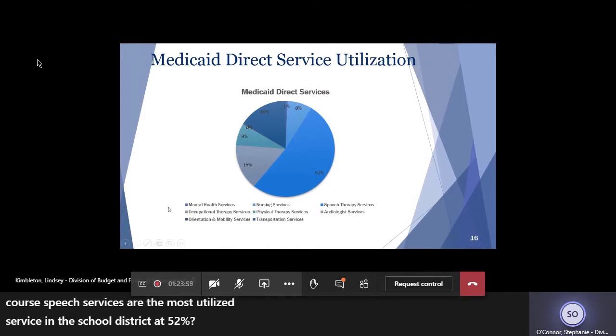Then transportation is at 16%, and occupational therapy comes in third at 15%. Unfortunately, with the current program, mental health services are only at 1%. We expect that with the program expansion, that will include a new expanded list of billable practitioners and services. Nursing and mental health will be highly utilized services in the school district.